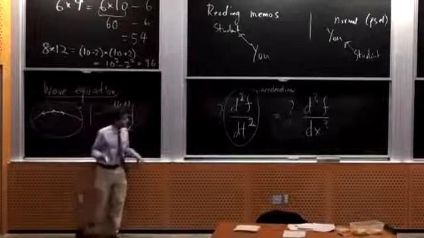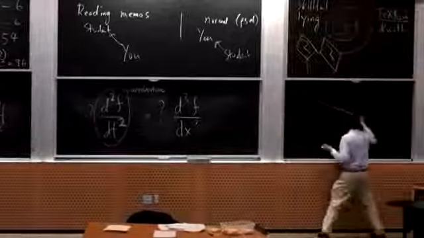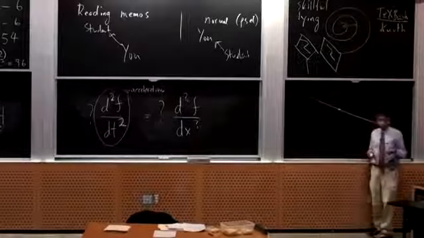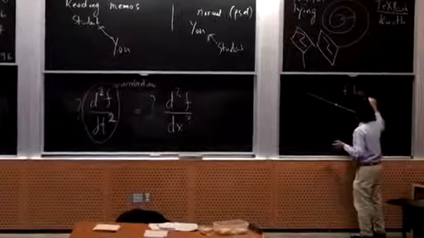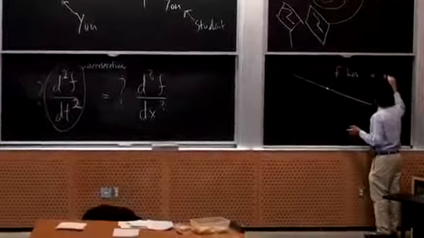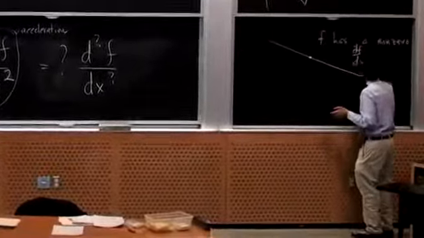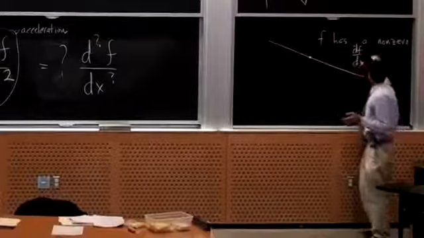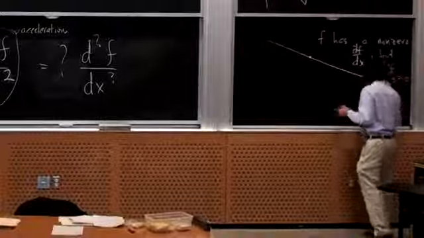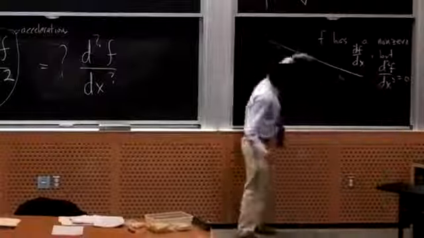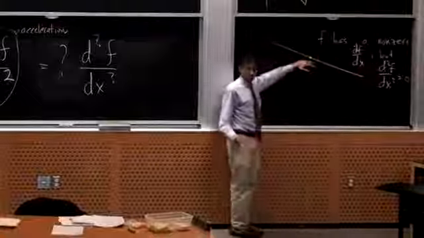One way to decide that is to make something that has just 1 derivative in it. So if here is my string, and here is a point. So this has f has a non-zero df dx, but the second derivative is 0, okay, because it's a straight line. Okay, so we know the second derivative is 0. Let's see if we can figure out what the force or the acceleration should be.